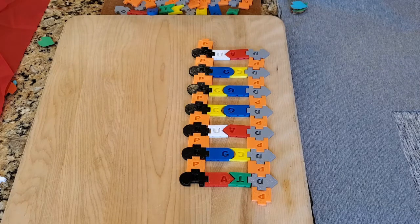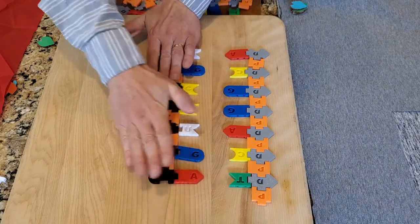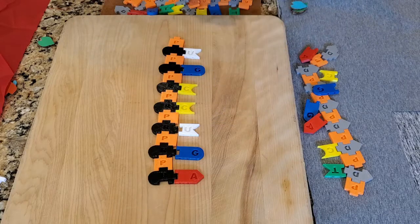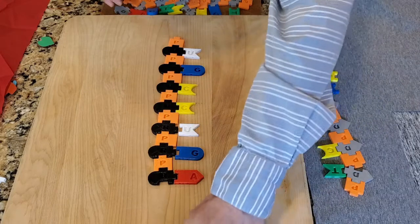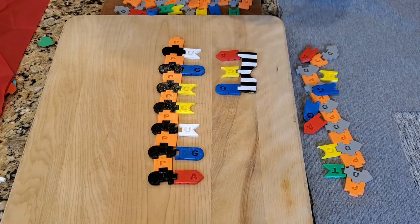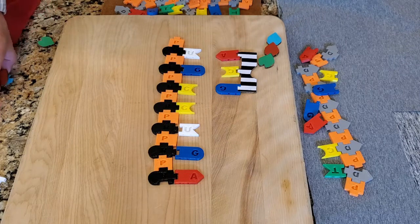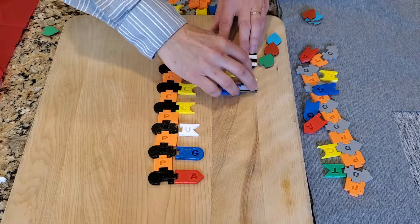Okay, so now we have an RNA, but to get to a protein, you said that we have to do translation. Right. So let's move the DNA out of the way. So the way that this works is that another RNA molecule is used to actually do this translation event. So if we have some of these, we'll call these amino acids, and they're forming the new protein, and so we have